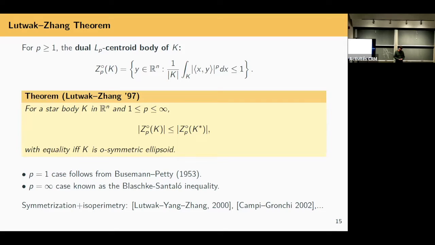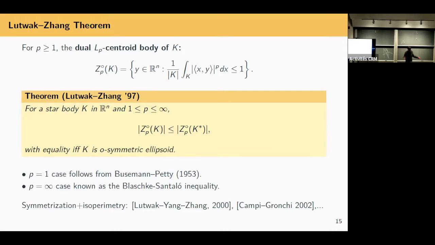Centroid bodies are very related to the Busemann random simplex inequality, for the same reason that determinants show up when I have random simplices. If I have a random simplex anchored at the origin, and I have the triangle with 3 points, x1 and x2, it's a multiple of the parallelepiped. But instead of thinking about triangles, I can think about parallelograms. I can also keep adding segments to this, and I get a class of bodies that's very related to centroid bodies. More on that in a little bit.